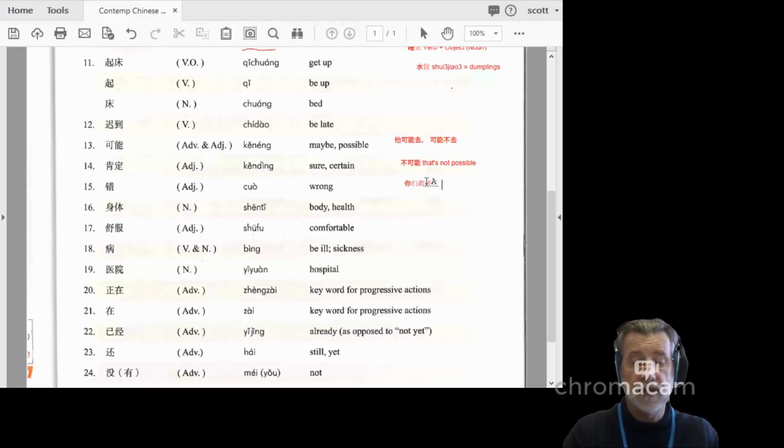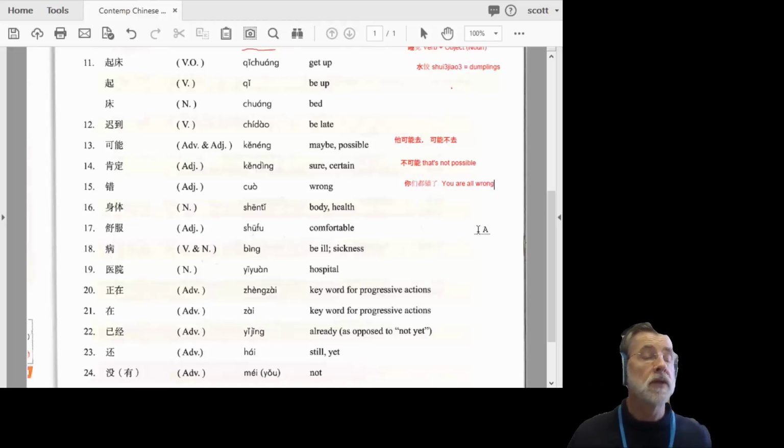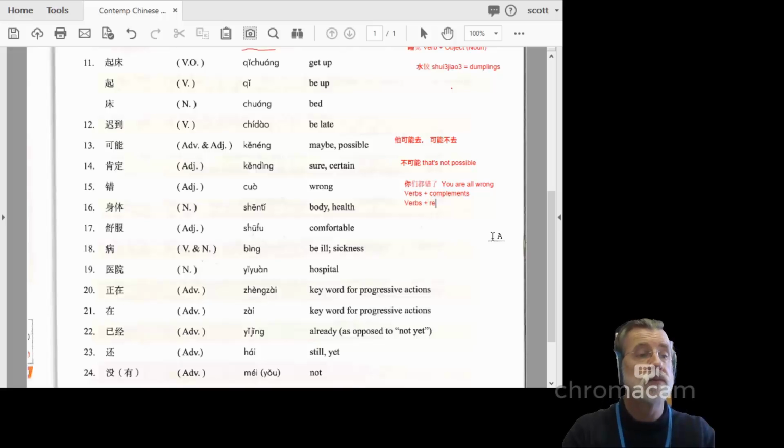Which is saying you are all wrong. Okay, so here we're using 错 as an adjective, but we can also use it another way, and I think we'll come across this later on. This is something a little bit more advanced grammar wise, but later on we're going to learn about verbs plus complements,